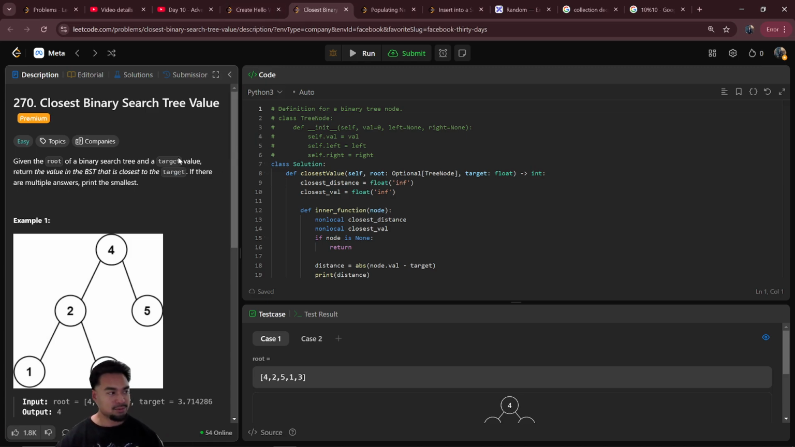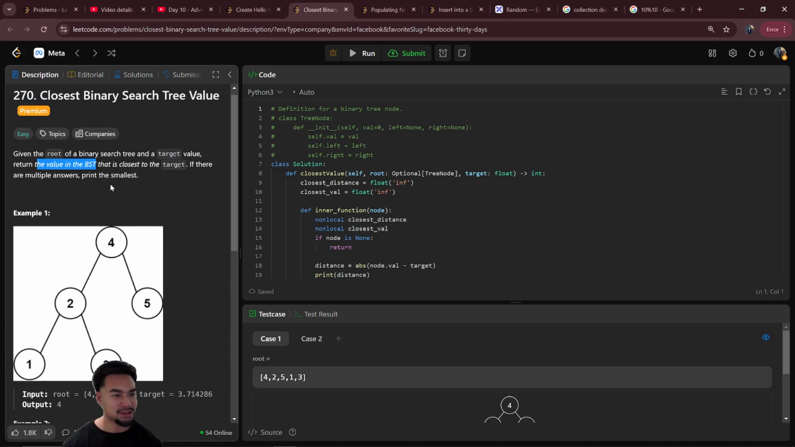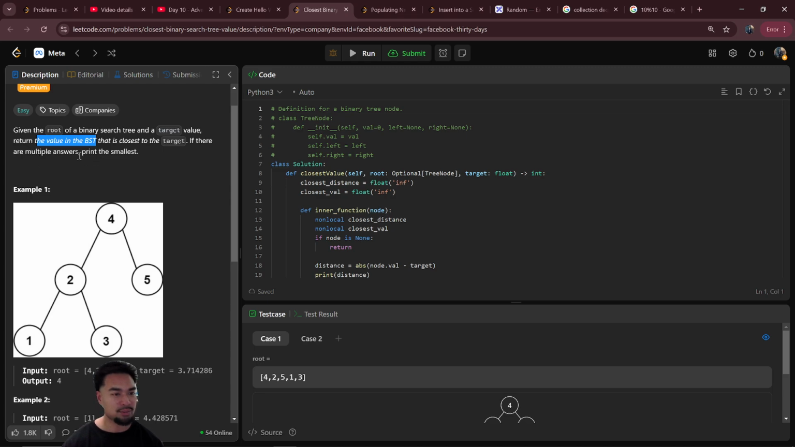a couple easy ones. But closest binary search tree value. Given the root of a binary search tree and a target value, return the value in the BST that is closest to the target. If there are multiple answers, print the smallest one out of all of them. So for example,